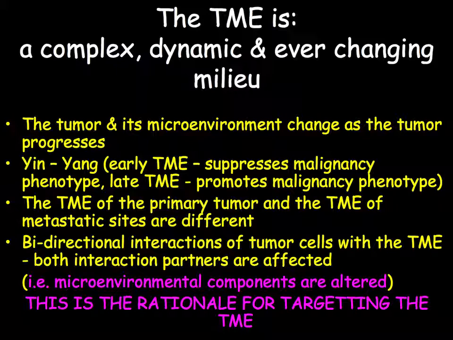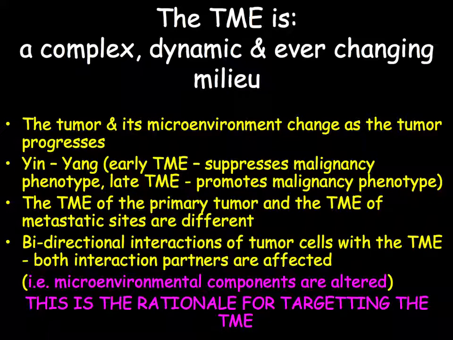Now, this is probably the most important slide in my short talk. And this summarizes four main characteristics of tumor microenvironment interactions. We all have to remember that the tumor microenvironment is a very complex, dynamic and ever-changing milieu. The tumor cells, as well as the non-tumor cells, change in the microenvironment as the tumor progresses. In other words, the tumor of today is most probably different from the tumor of 2 months ago, and different from the tumor